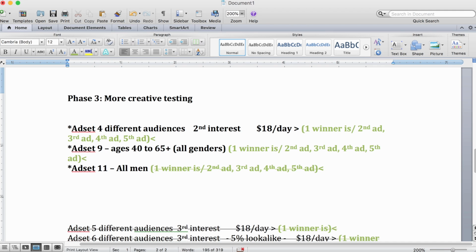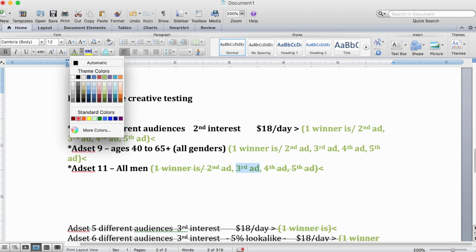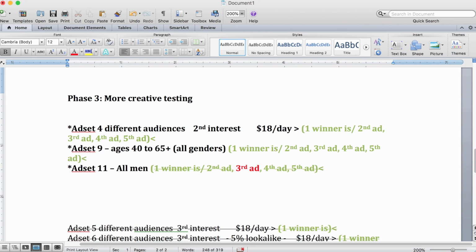You now have a campaign that has these 3 winning audiences, and then you're able to add a lot more ads, testing at the ad level. You're going to pause bad ads and keep good ads. Oh, there we go. So let's just say that this third ad or something ends up being the winner there, and then let's just say this ad ends up being the winner there. You could eventually just pause. You see what's happening here is, let's say this is the winner there, this is the winner there, and then